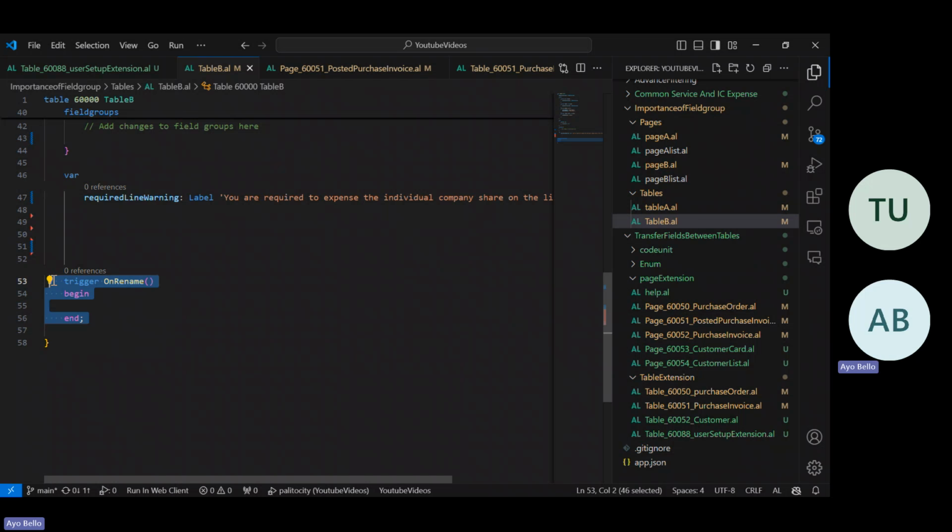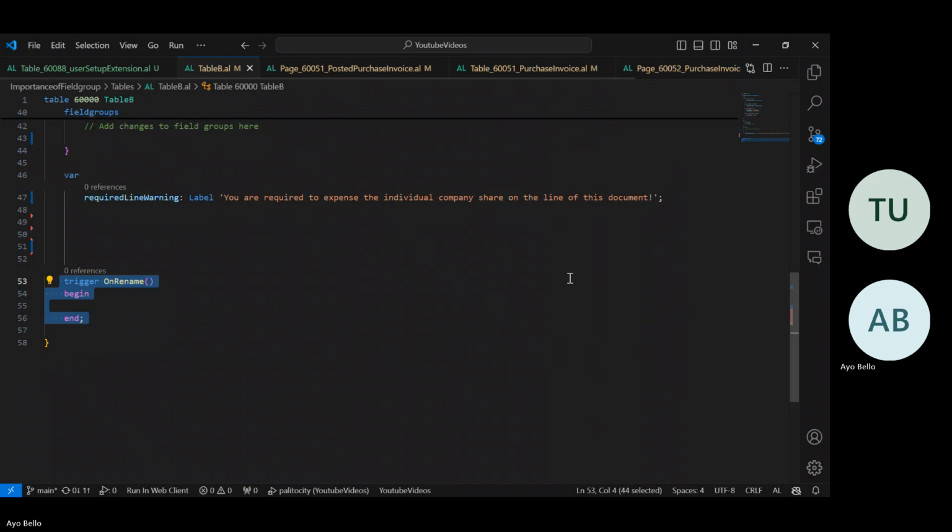When the rename trigger actually works in BC, do you know when it actually works? When you trigger, it looks like modify, but it's not modify per se. Okay, so let me sharpen